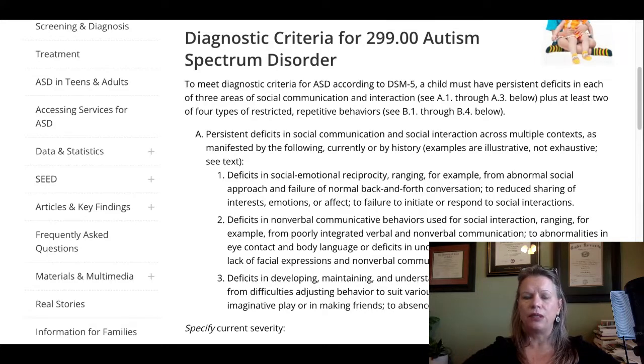Intervention changes once children leave that birth to 3 program, or even the 3 to 5 program. And some of the really challenging behaviors that some of the children with ASD will have become harder and harder to mitigate, and harder to fade out. So it's important that children with ASD or suspicion of ASD are receiving early intervention.